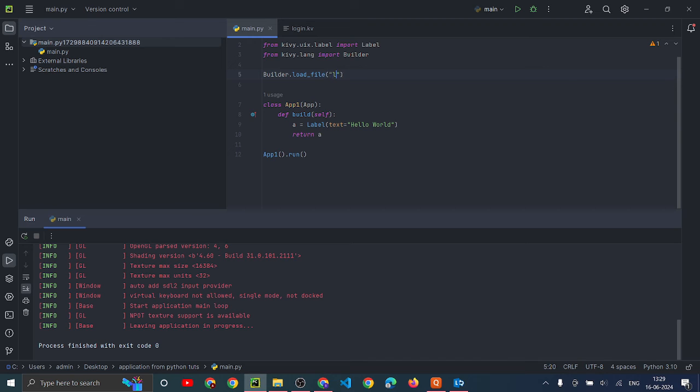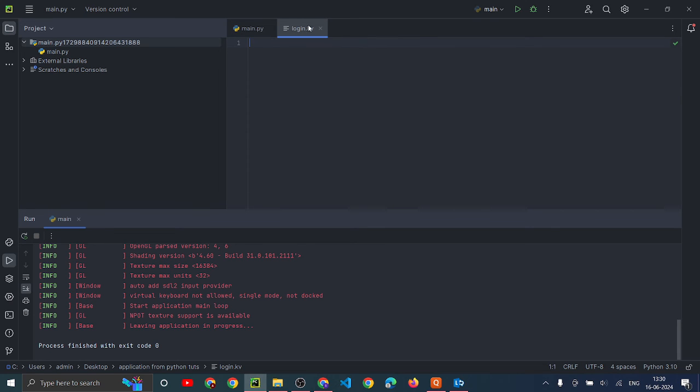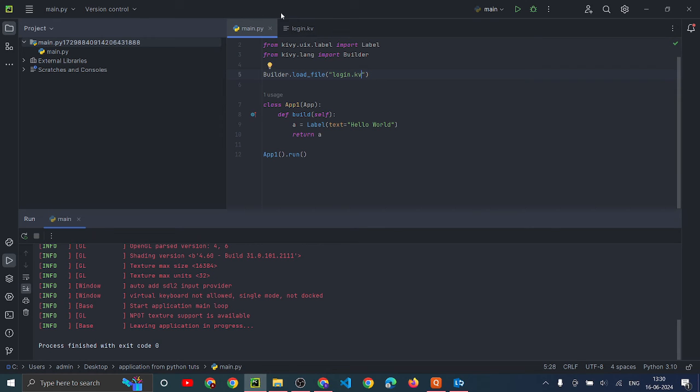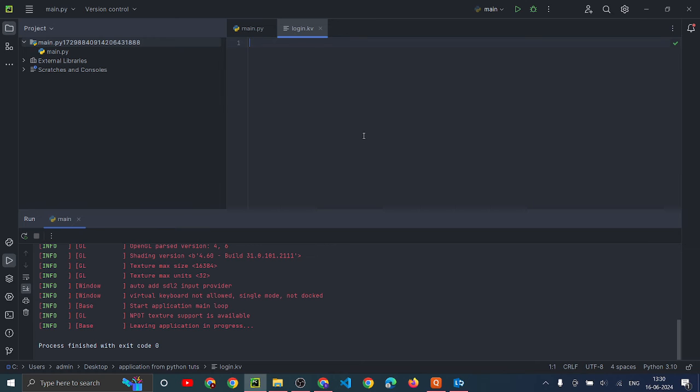Like first I have to do this. So this file has been inherited here, and we can write the code from here. App1. In this app1,